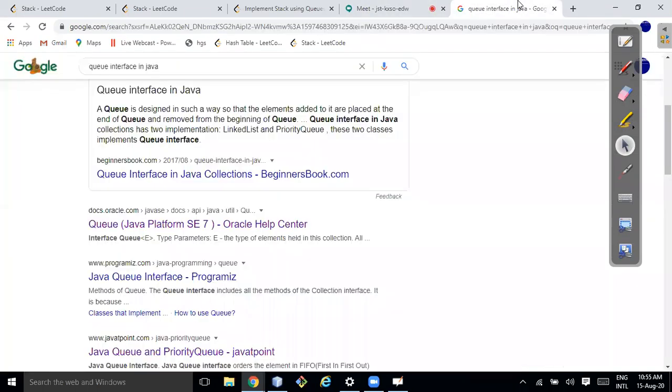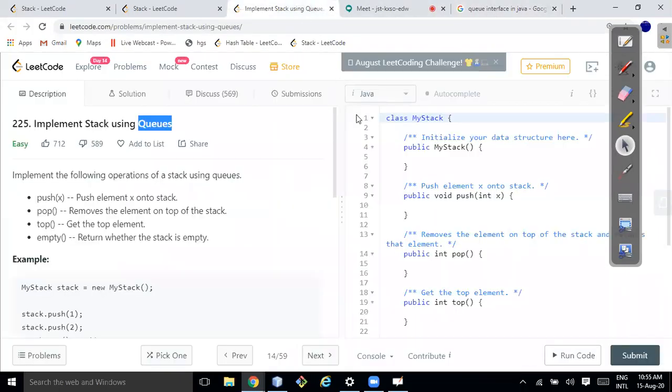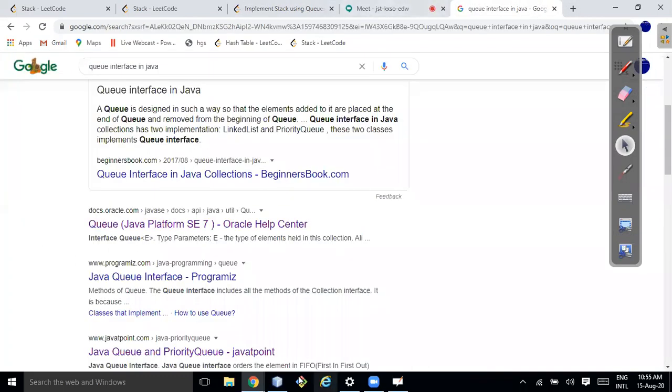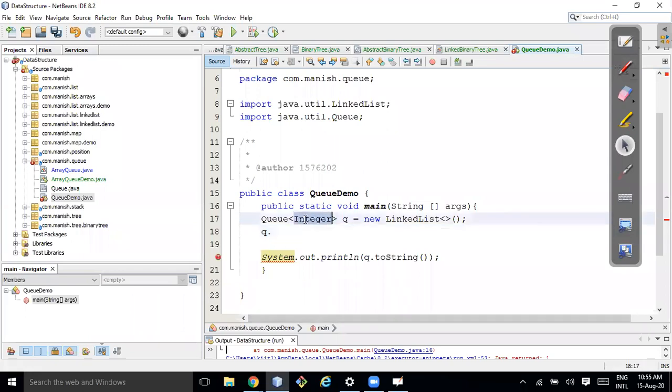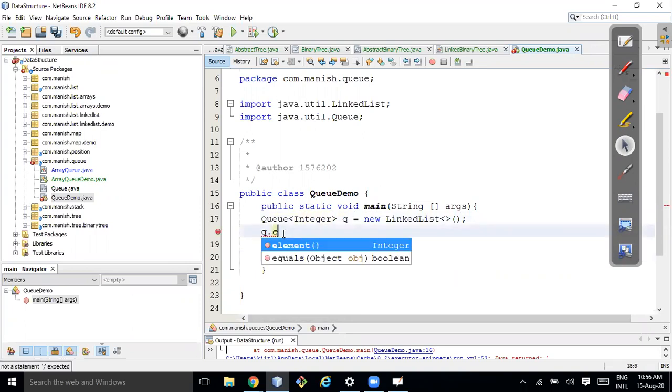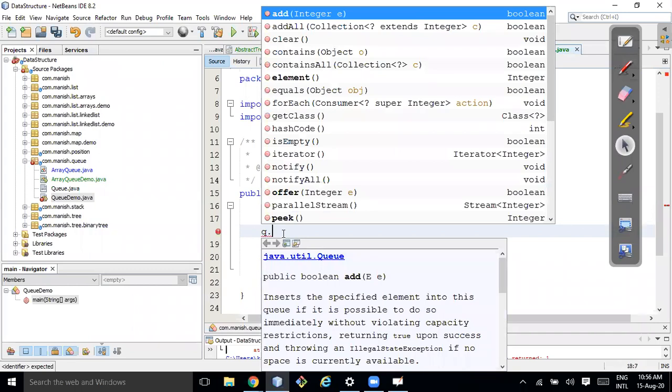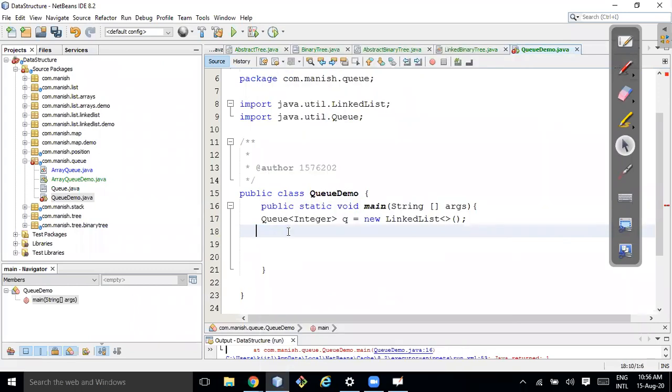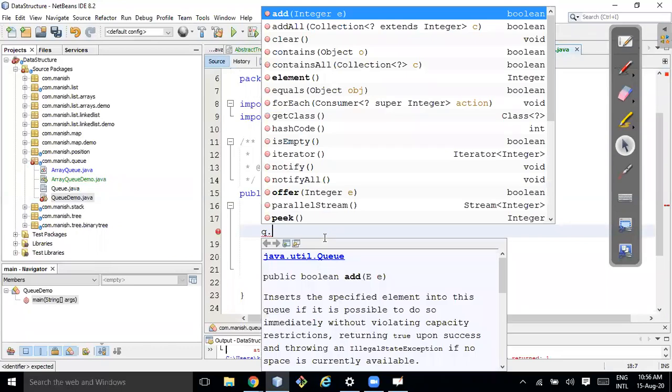Enqueue and dequeue. So if you go to the interface, you have to implement it. For that, let me check it here. So here this Q, check what all methods you have. Do you have an enqueue method? Then you can use it. You don't have an enqueue method, right, in the Java interface. So this is the Java interface for Q, and I implemented it with a linked list. Whatever methods are there in Q, the work is the same, right? The method name may be different.